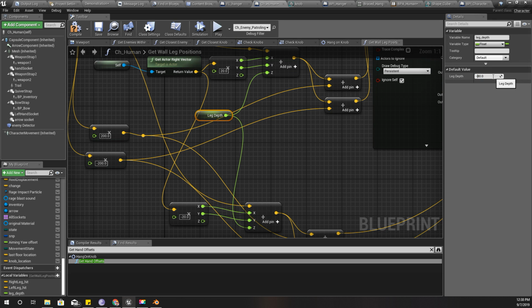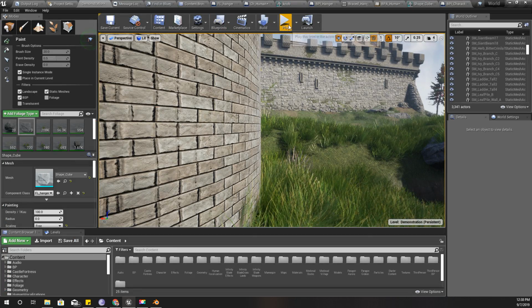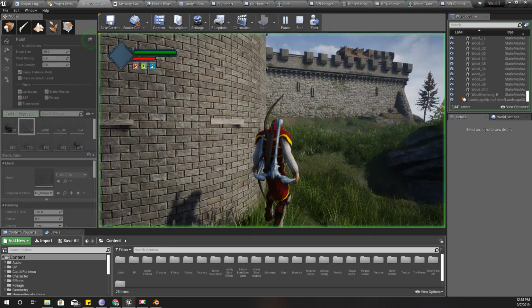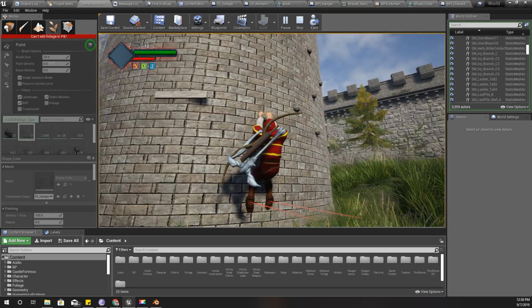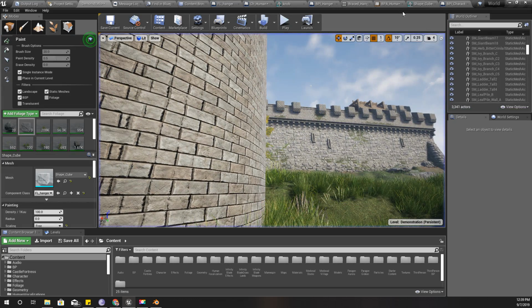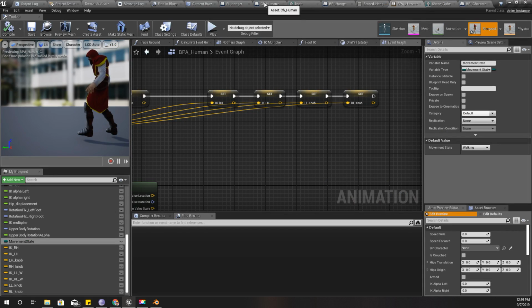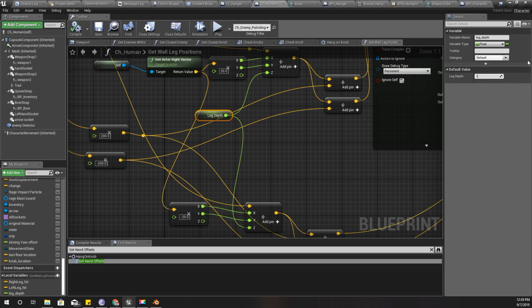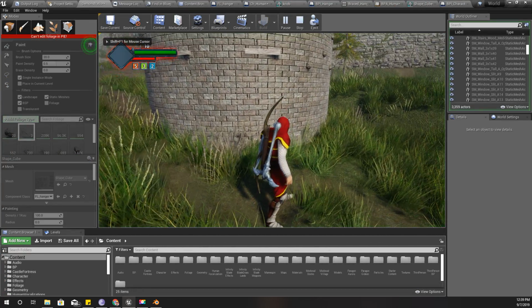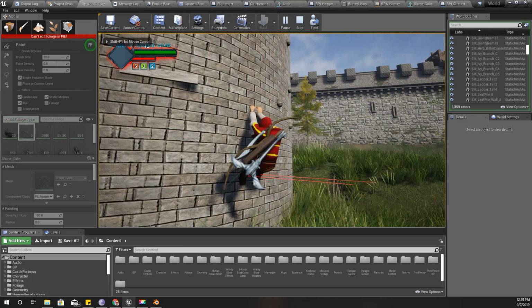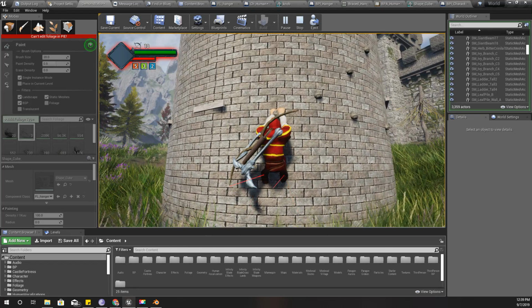Instead of minus 80, I'll use 160. Would that be too much? Yeah, that is too much. Maybe minus 120. Okay, that seems alright,